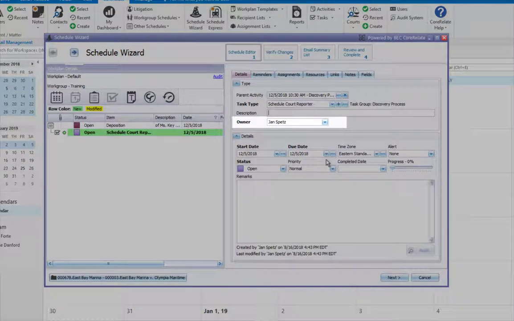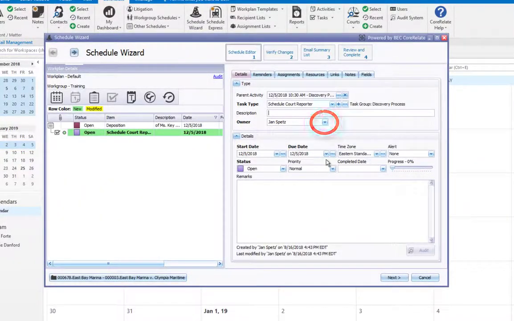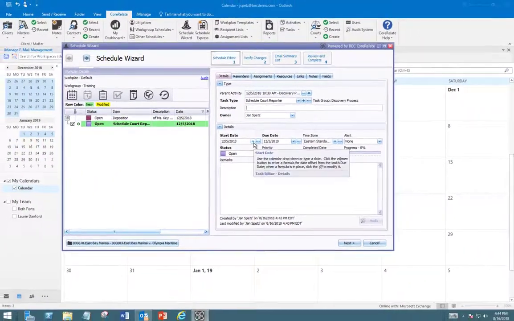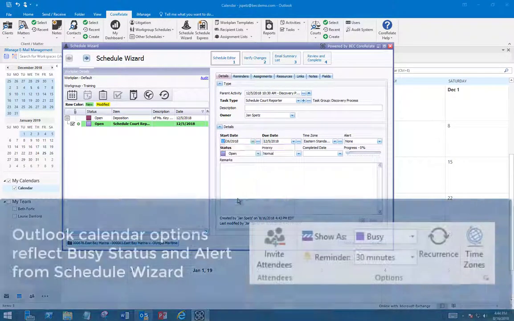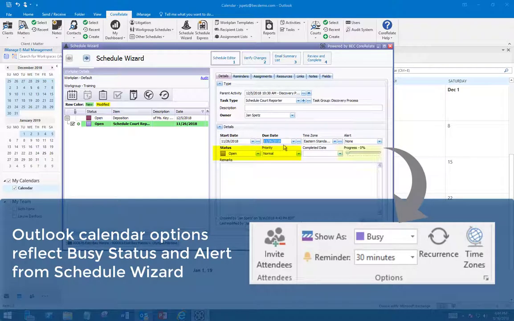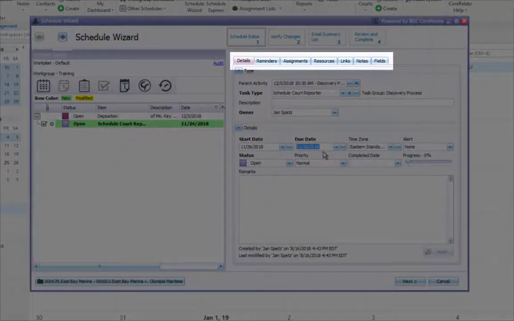A task has one recipient, known as the owner, and the task will be sent to that person's task list in Outlook. The default owner is determined by a setting on the matter, but it can be changed here. To set start date and due date for the task, enter manually or use the calendar drop-downs. The status, priority, and progress fields update the same settings in Outlook. Be aware that reminders, resources, links, notes, and custom fields can be added to the task via the tabs on